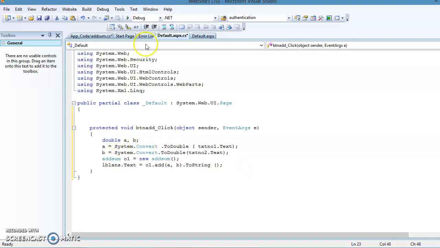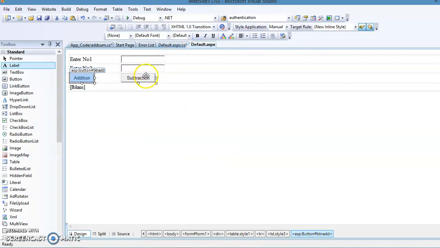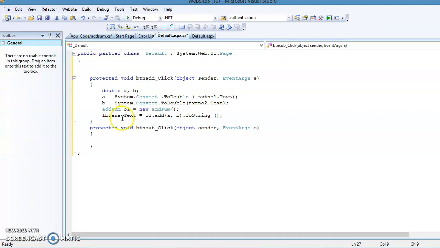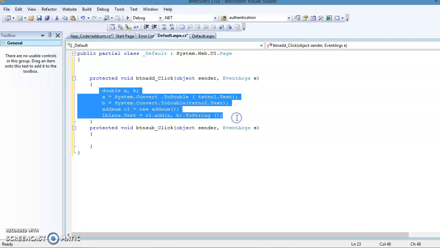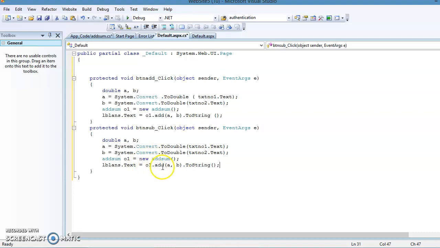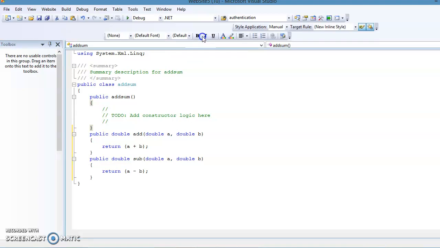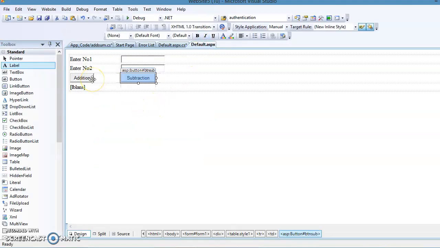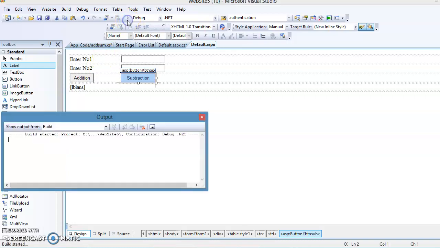Same way, you have to define another method for subtraction. When the user clicks on the subtraction button, we have to perform subtraction instead of addition. So let us just copy this and put it in, and now instead of the add method, you just need to call the subtraction method, the sub method. Now we have not compiled this code, right? But when you run this page and it calls that method, the code will automatically compile. Let us run it, debug it.